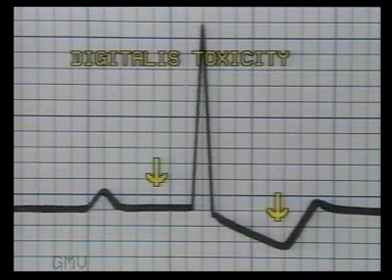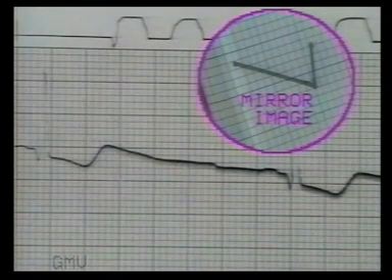The PR interval is further prolonged and there may be second degree heart block with few dropped beats. And there is a very characteristic ST segment depression described as mirror image of a correction mark. On the left we see a correction mark and on the right is its mirror image. That is how the characteristic ST segment depression looks in digitalis toxicity. The ST segment takes an angled downward slope and rises steeply upwards to join the T wave.